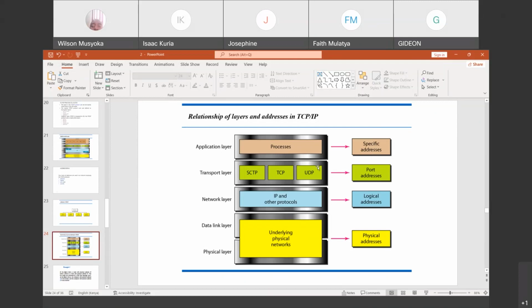But then we come to the transport layer where we use port addresses. Any application that has the capability to communicate over the network or over the internet will always have a port address. Some of these are configured automatically when you have such an application installed on your computer or your smartphone. When you talk of the Simple Mail Transfer Protocol, or the mailing protocol, you will find that a port is going to be there automatically.